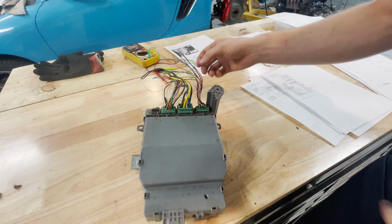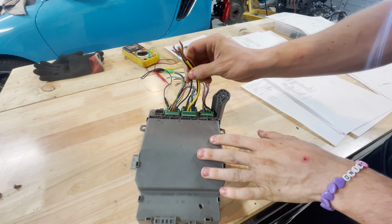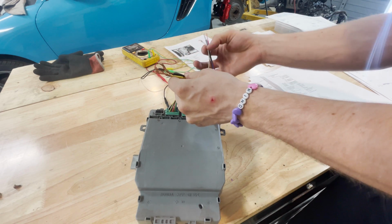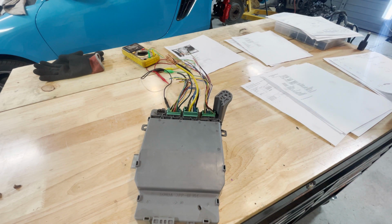This is where you get your power into this box. So you need these three, and I'll tell you what they are in a second, but you need these three to power the majority. And this one powers your injectors. Okay, so that would be